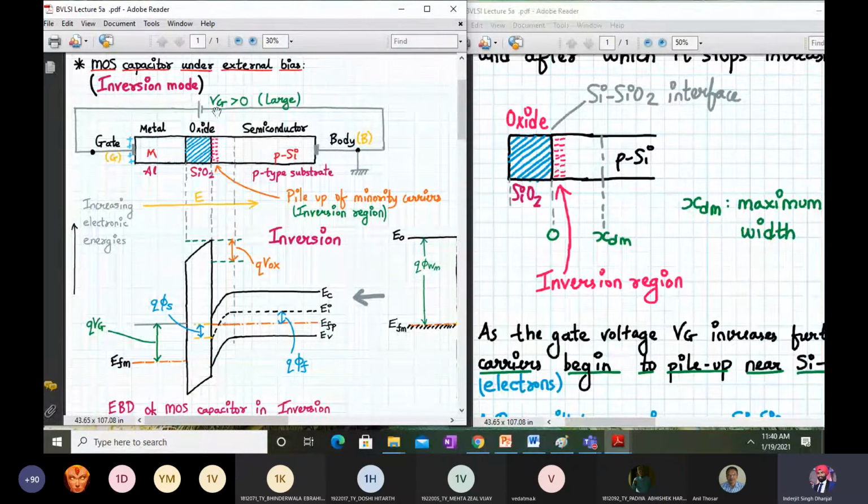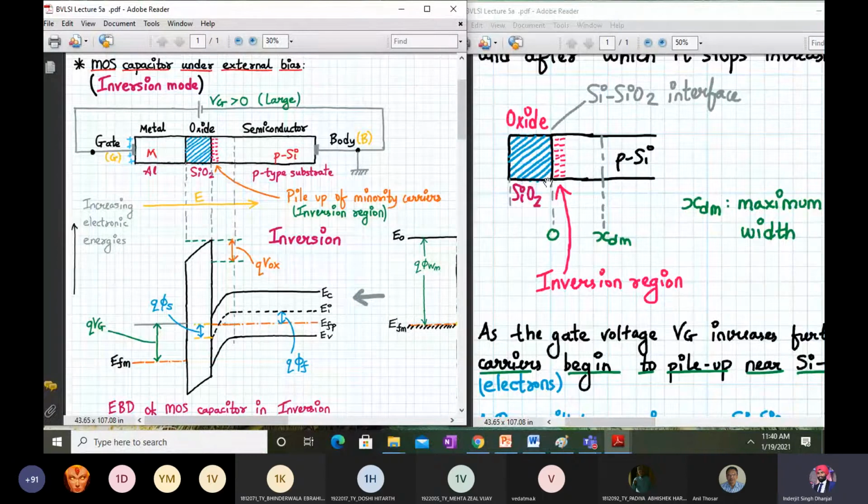So next time you apply more gate voltage, more of these electrons, excess carriers, will be generated, because as we increase the voltage, these electrons, minority carriers, will get thermal energy and they will move away from the bulk p silicon and they will be piling up near the SiO2 interface, as you can see over here. So what will happen is, if we keep on increasing vg, the energy bands which are already bending will bend to a point where the surface at the SiO2 interface will become n-type.